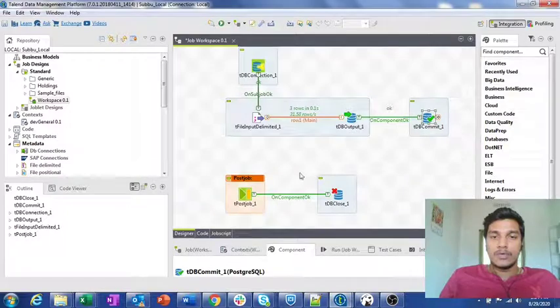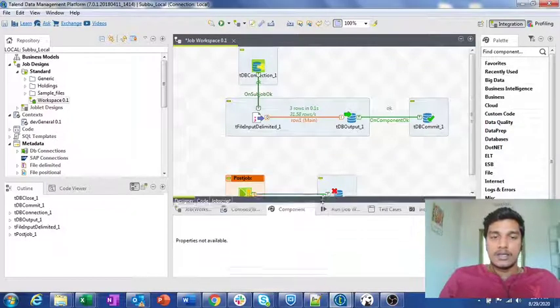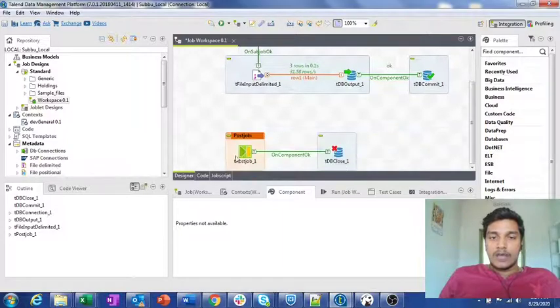While executing the above subjob, your connection will be open, and you can use it any number of times you want. Once that is completed, we are without any connection. Once the above subjob gets executed, then it will execute this tPostjob, followed by tDBClose, and here the connection will get closed, and later on it won't be usable in the tDBOutput or tDBInput components. So this is the main schema that we have to close the connection here. These are the two components that we have for closing the database connections.